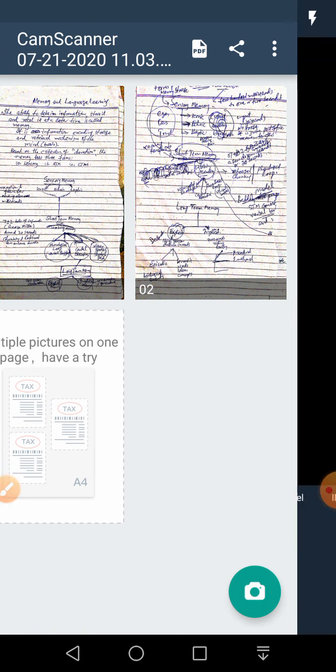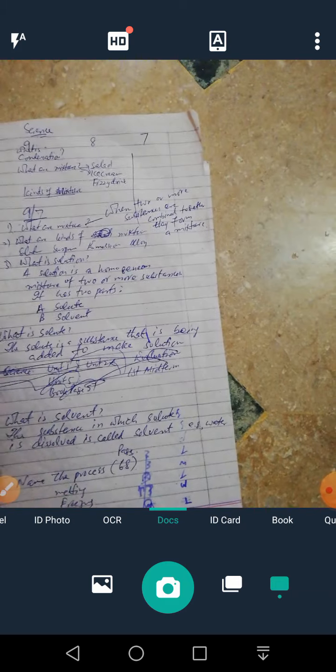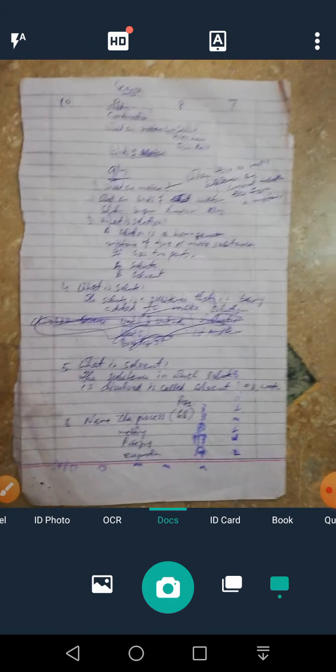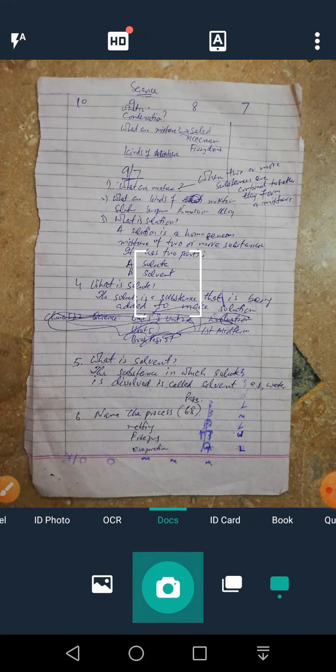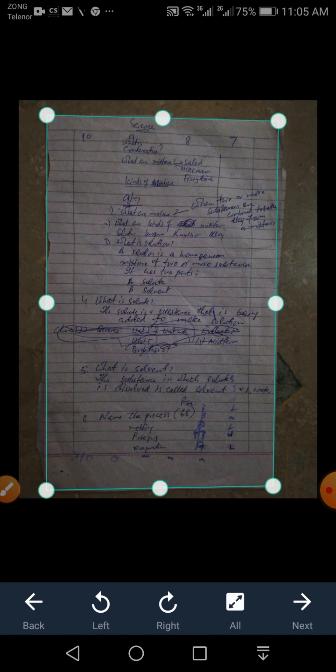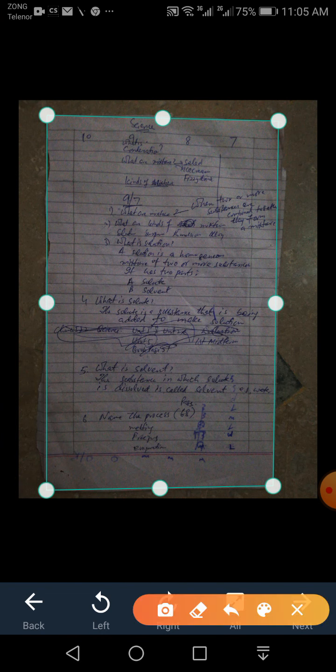After this, you can put this page aside, and let's say here is another page in front of me. So just click here. Picture taken. Now it is already set, so we don't need to do anything further.